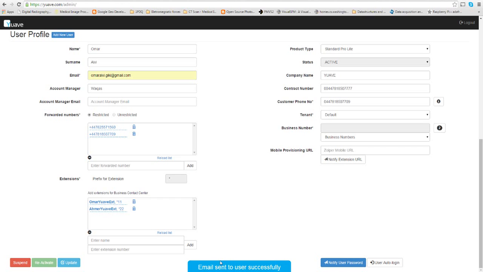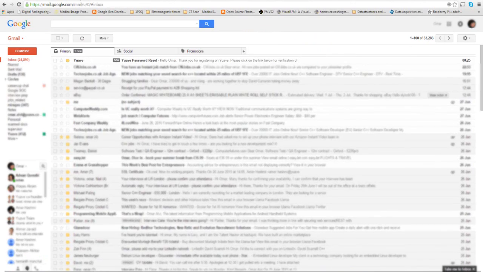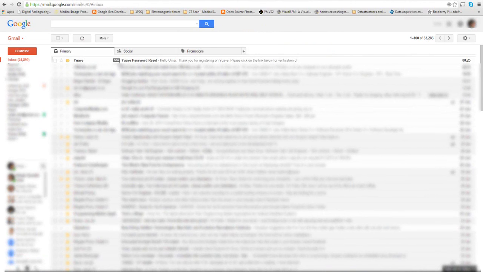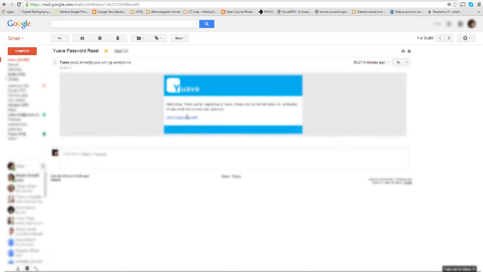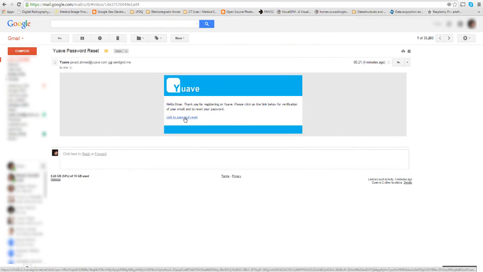So clicking on notify user password, an email has been sent to the user. Now if I go into my inbox, I should see a new email from Wave. So yeah, I can see a new email has arrived in my inbox, which is asking me to reset my password. So I click on the link to reset password,